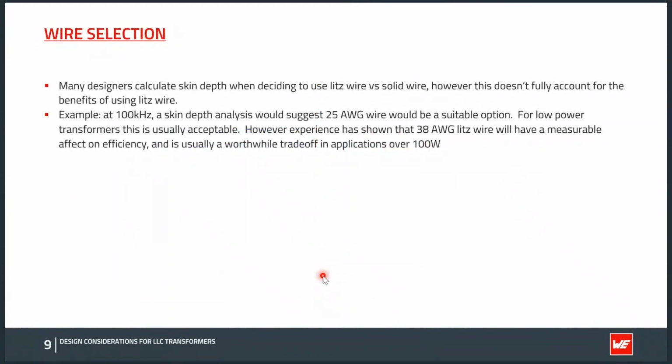As a lot of you also know, the wire selection influences a lot how we can optimize the efficiency of the transformer. It's common knowledge that those who are designing this use Litz wire at higher frequency to avoid skin depth problems. But with more experience, a design engineer, or those who work on the production and manufacturability of the samples, want to enhance the efficiency of the